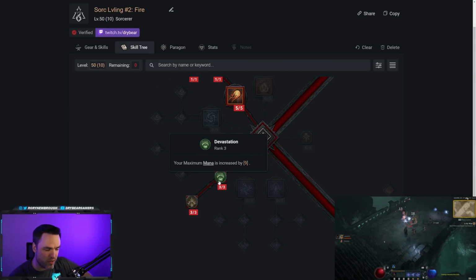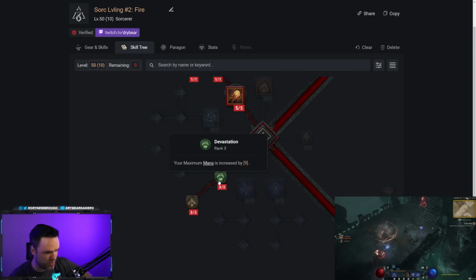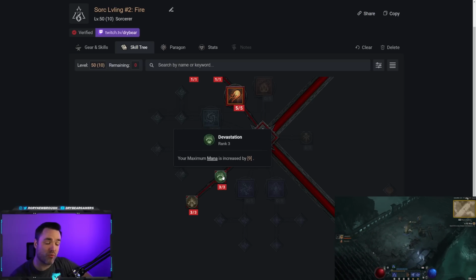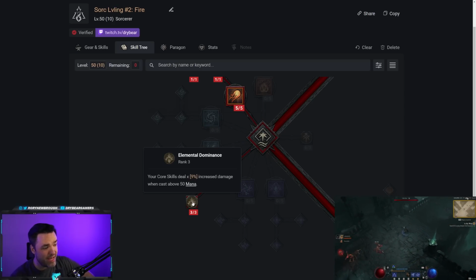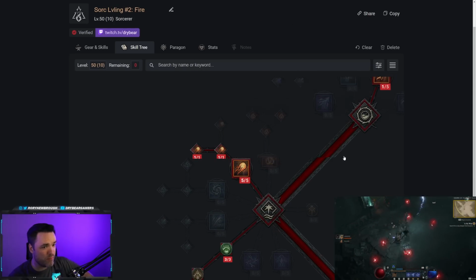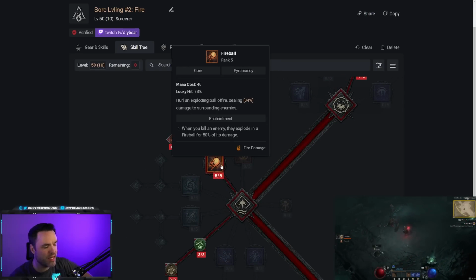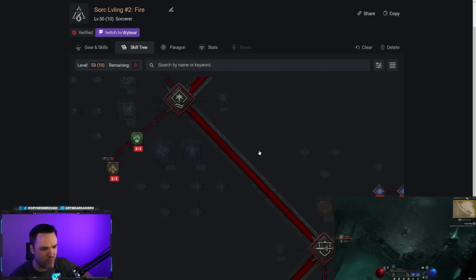Firstly, again, only get your passives once you're done unlocking all of your skills, so level 30 plus, level 25 plus, then come back and get your passives. But we're going to get maximum mana, which is really great, and your core skills deal damage when cast above 50 mana, which is awesome because we want to basically be using Firebolt to apply burning, get our bonus damage on it, get our mana back,